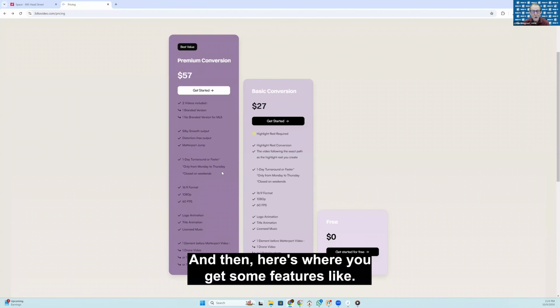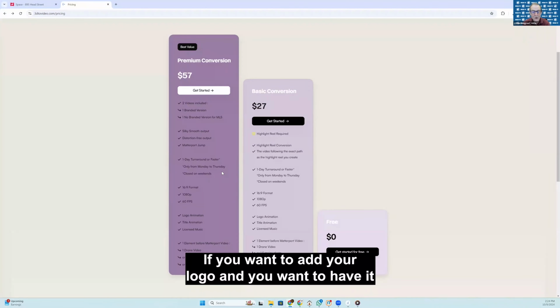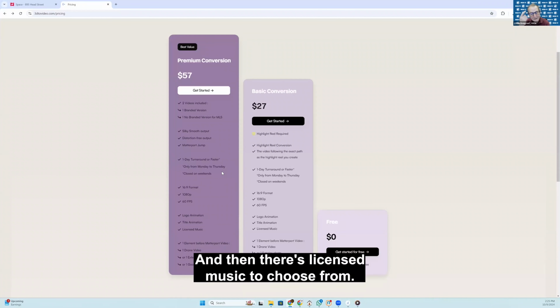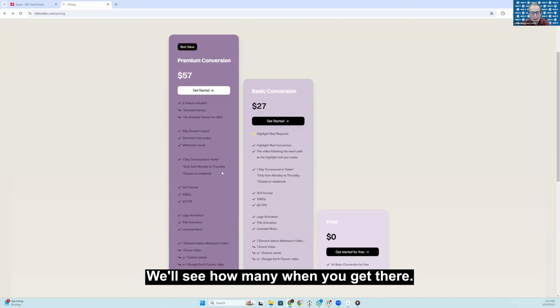And then here's where you get some features like if you want to add your logo and you want to have it animated, they'll do that. If you want to add a title, such as the street address, they can animate the title, and then there's licensed music to choose from. We'll see how many when you get there.